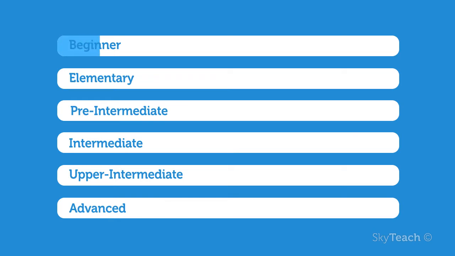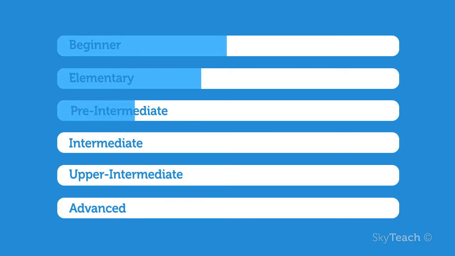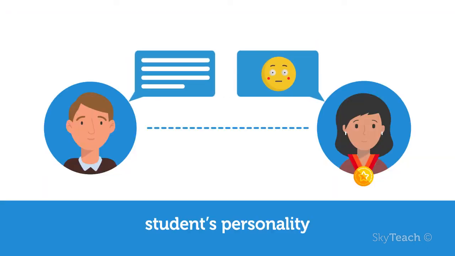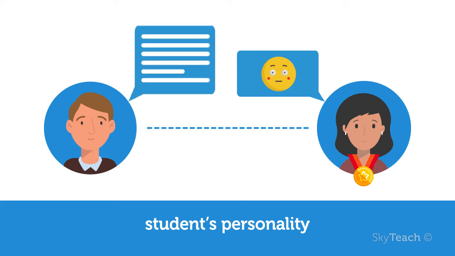Beginner, up to 50%. Elementary, up to 40%. Pre-intermediate, up to 30%. Intermediate, up to 25%. Upper intermediate, up to 20%. Advanced, up to 15%. The numbers are approximate, as apart from language level, TTT will be influenced also by the